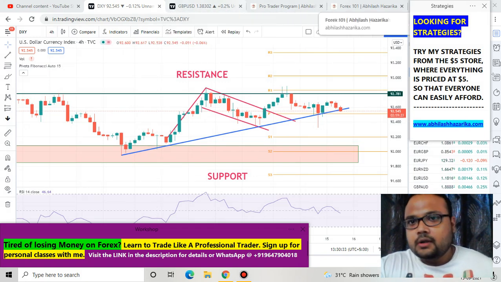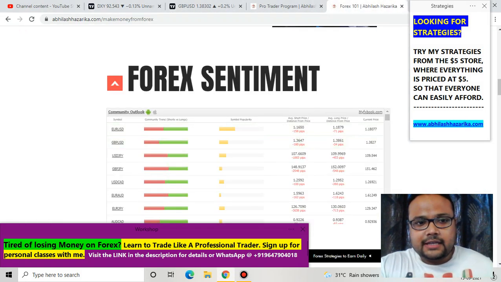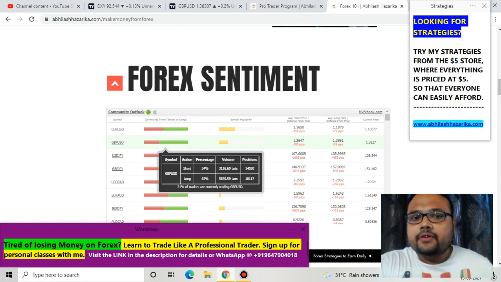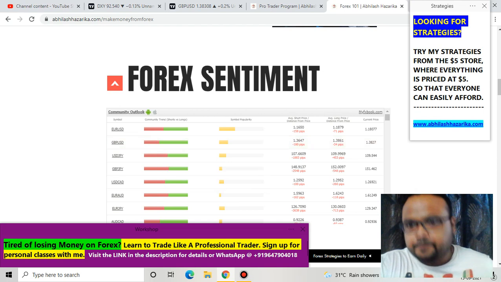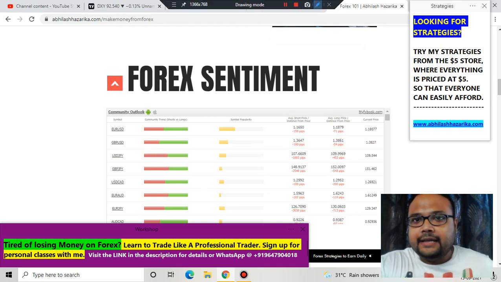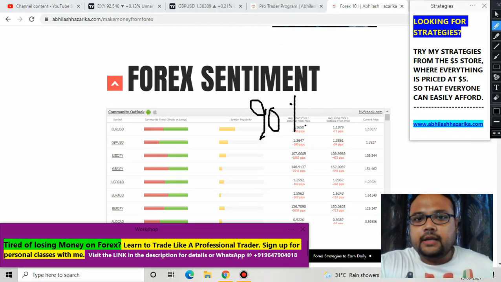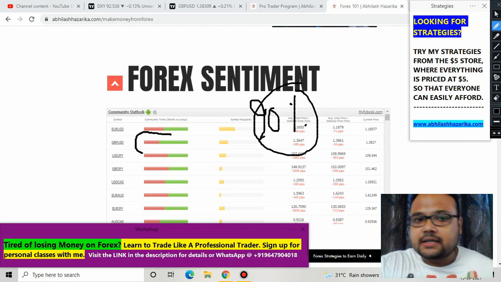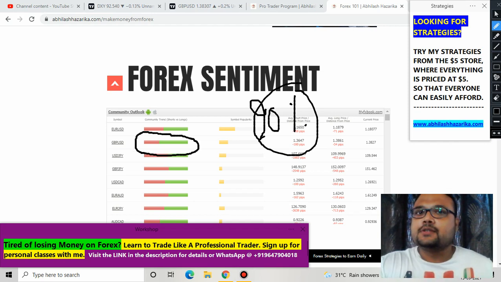Hopefully you've understood. If you look at the Forex sentiment meter here, you can see that 65% retail traders have taken long position and 34% retail traders have taken short position. They are thinking that market would be going up. And as we all know, more than 90% retail traders lose money always. So there's a good possibility of market going down if we consider the sentiment here, because most of the time